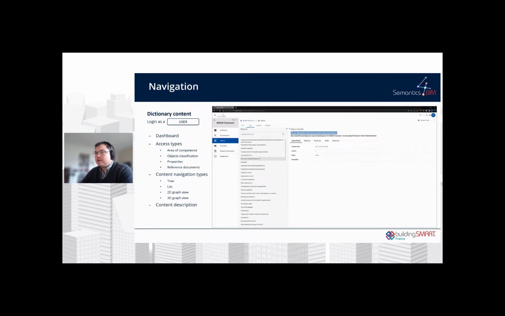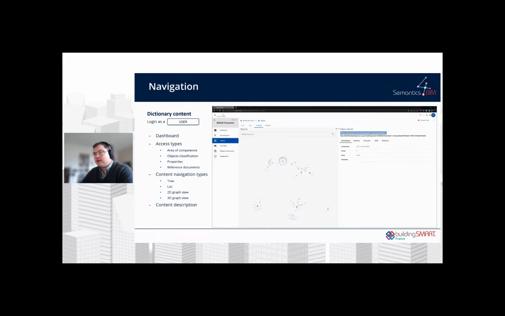We have three ways to go to the content. One, it's a hierarchical tree. One, it's a flat list. Here it is a 2D graph, which is to me much more effective to understand the content and the relation between the entities of the dictionaries. And we also have a 3D graph, but I think the 2D graph is more efficient to understand the content.